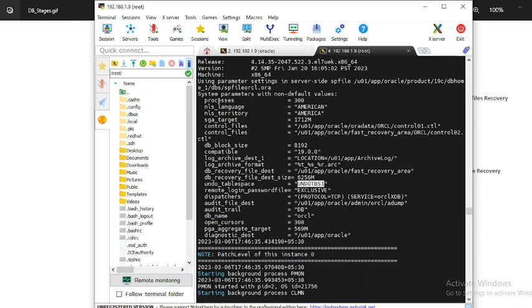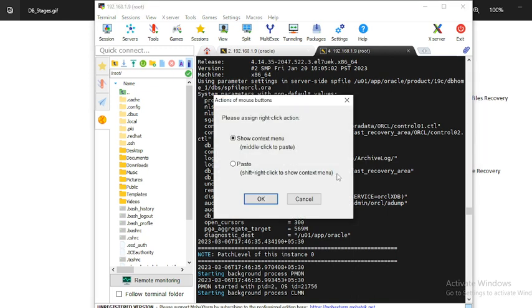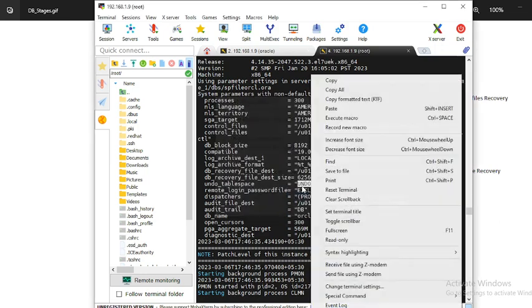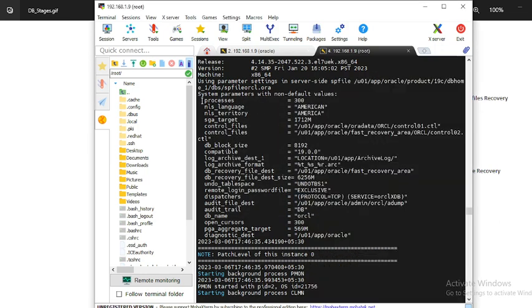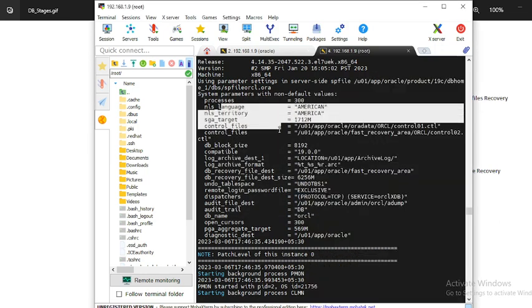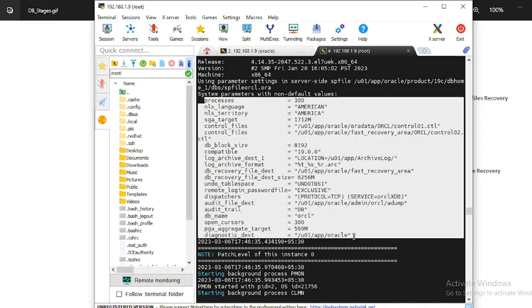So suppose you have lost the spfile, you have lost the pfile, and there is no backup of your parameter file. From the alert log file you need to copy the parameters from here to here. As you can see, these are the parameters.